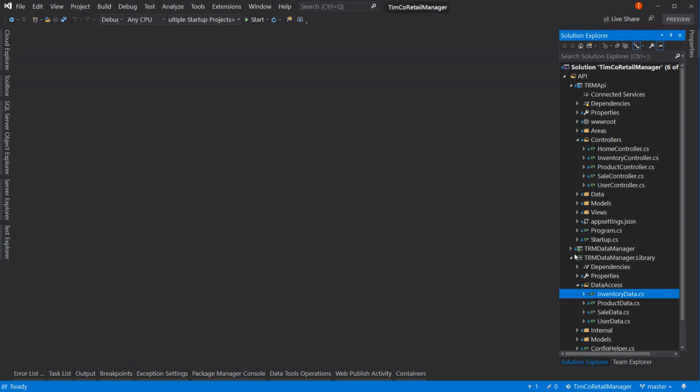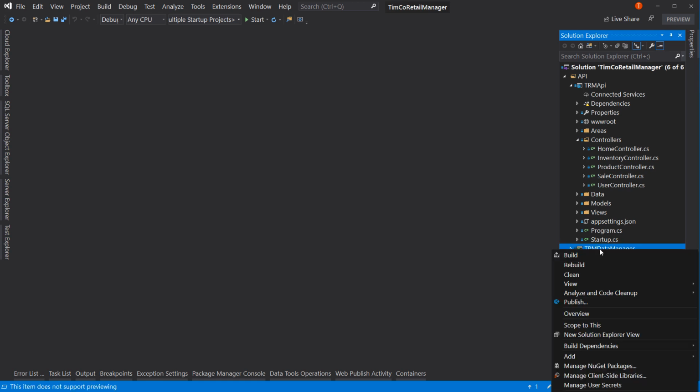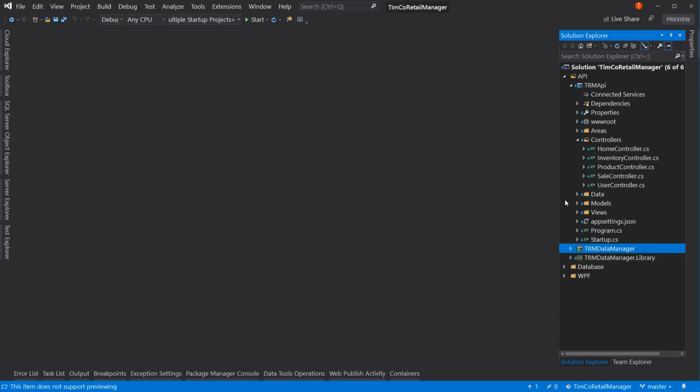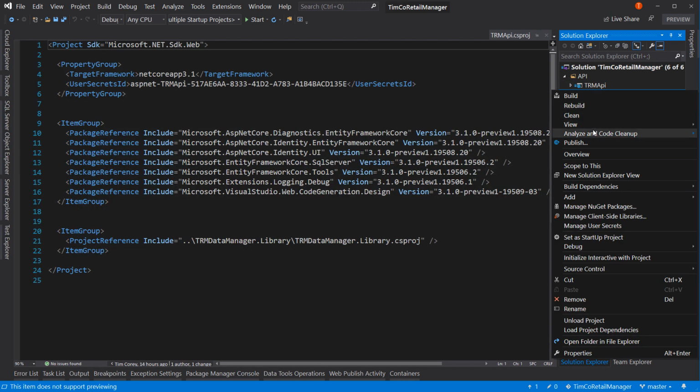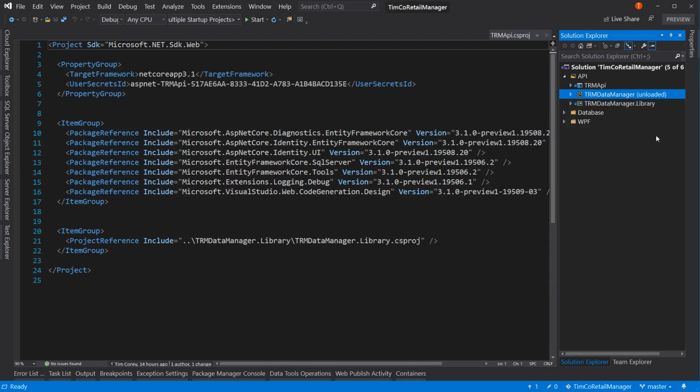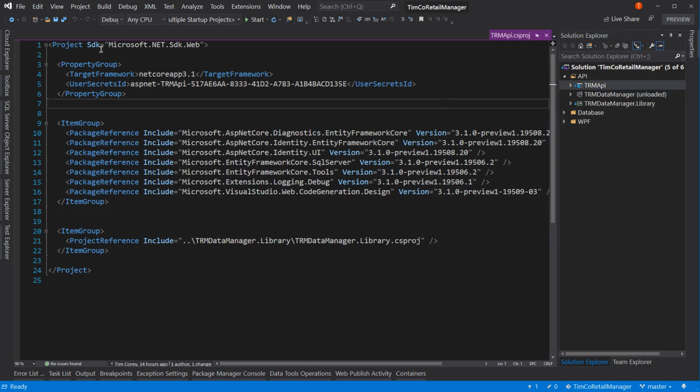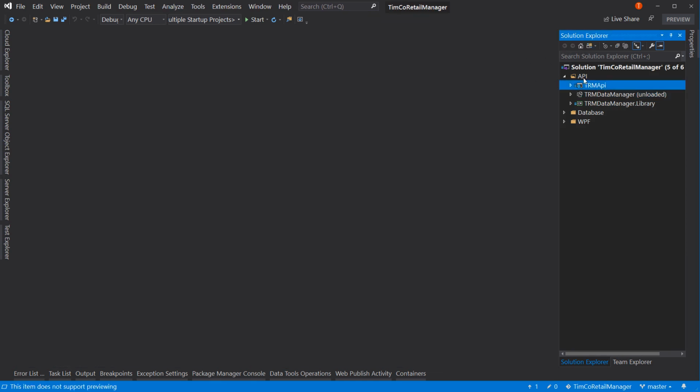Okay, now let's unload the TRM Data Manager. Let's scroll up here so you can see it. It's going off the screen. Sorry about that. So I'm going to unload the project. It's still attached, but it's no longer being built with the project. So it's still there if I want to reload it, but it's not going to be built and it's not going to be error checked. So now that config is out of the way, let's deal with our